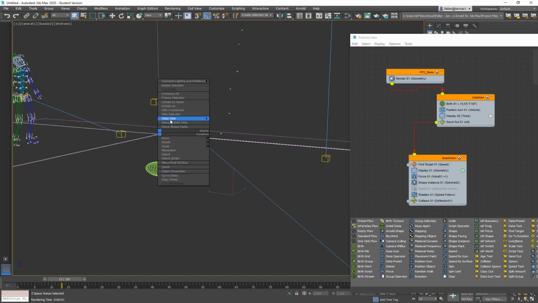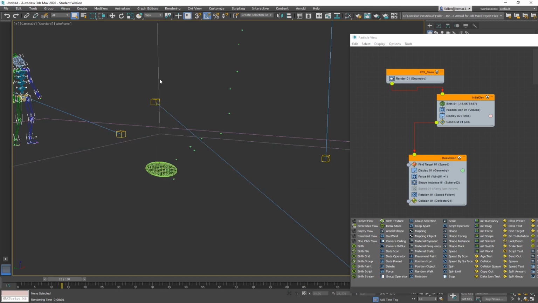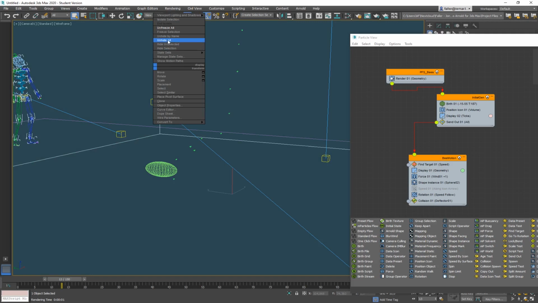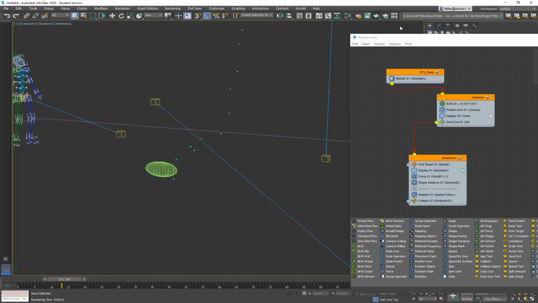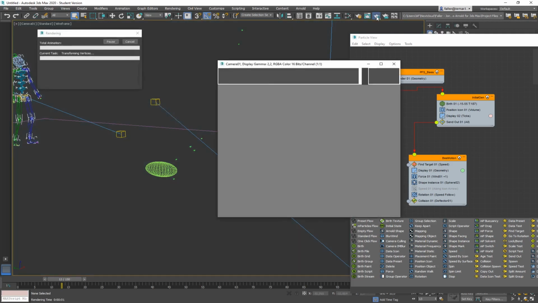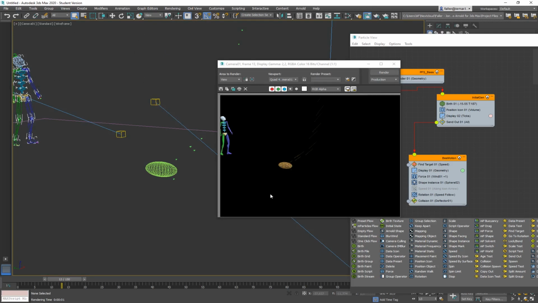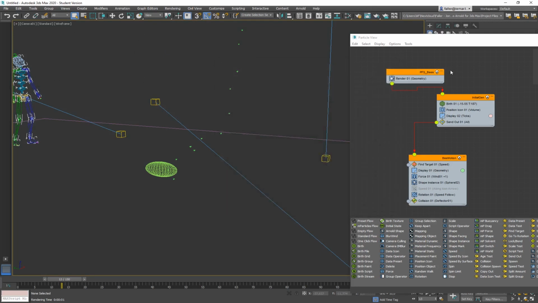Something that maybe we want to hide, this piece. Unfreeze all, hide selection. So it's not the best thing, but you can see how they are built.